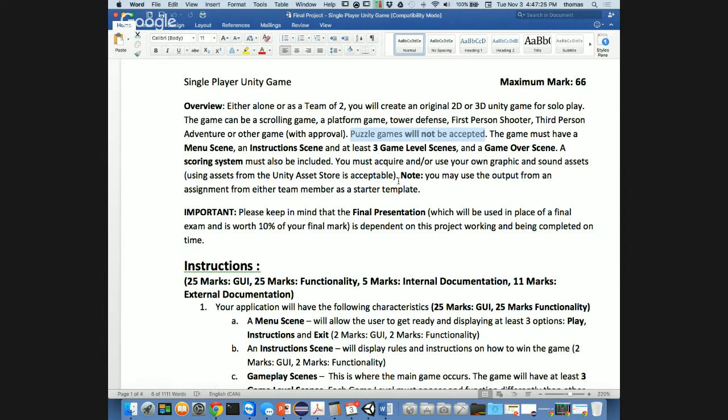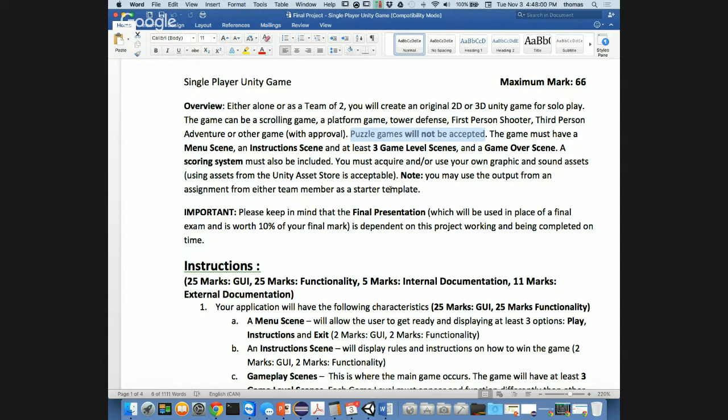And this is where you and your partner, and I highly recommend you partner with somebody on this one, because there's a lot of little piece parts, moving parts that you have to take care of. And it's a good example of what we do in the game industry, where we never work alone. In general, when you want to produce something, you want to work with somebody else, right? So I'll accept a team of 1 or 2 in this particular case. I know people in the past have made a case for 3. There's just not enough to do for 3, and sometimes the third person is like the third wheel, right? So that's why I'm not recommending we go higher than a team of 2, right?